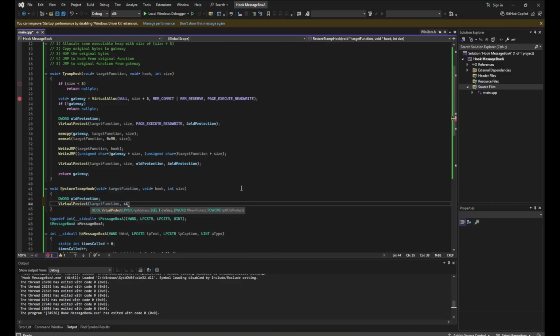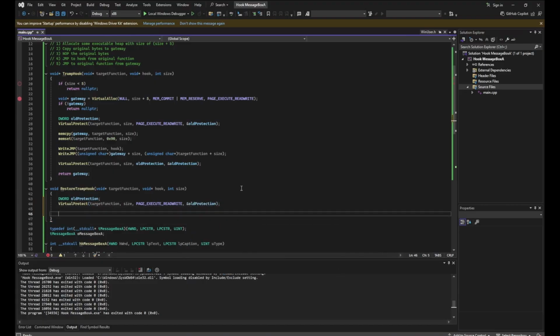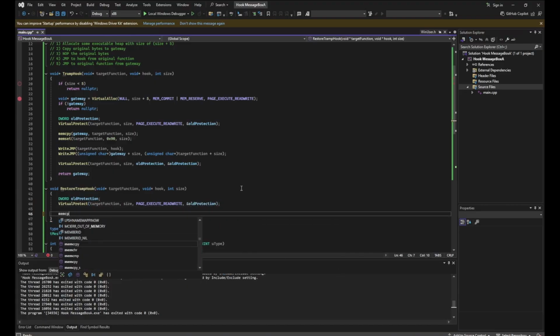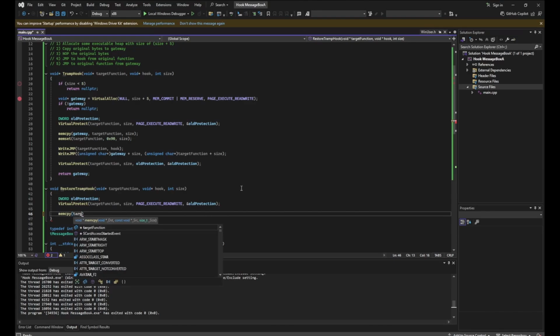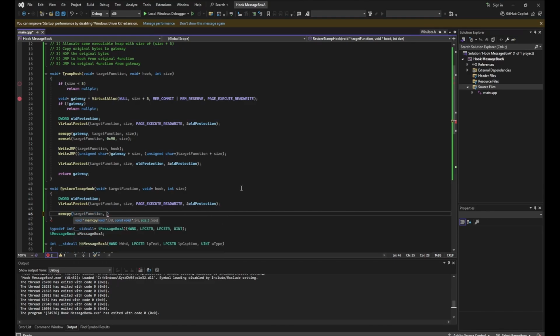So target function for this many bytes, page execute read write, and mem copy to the target function from the gateway, and for this many bytes,